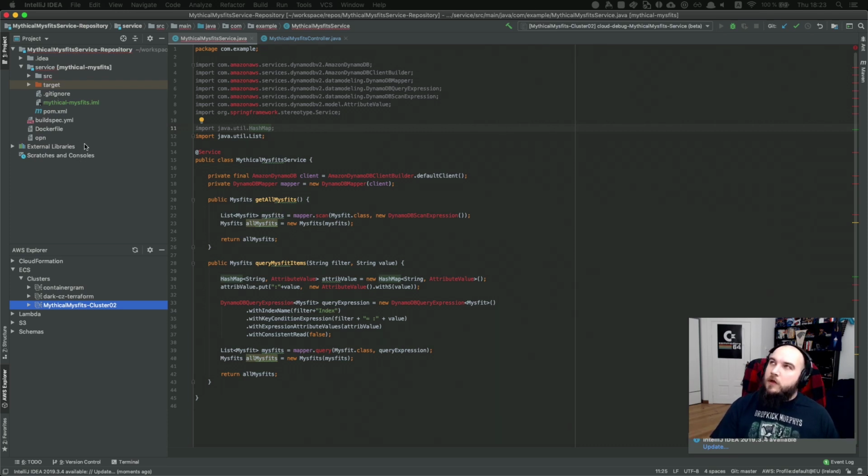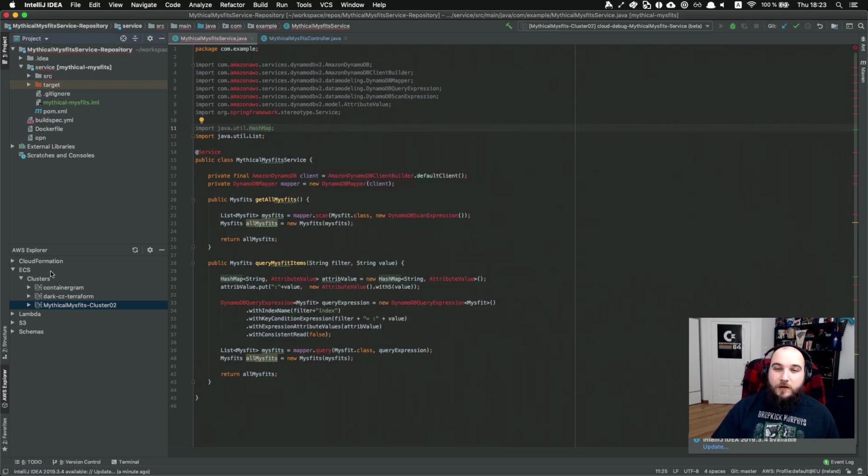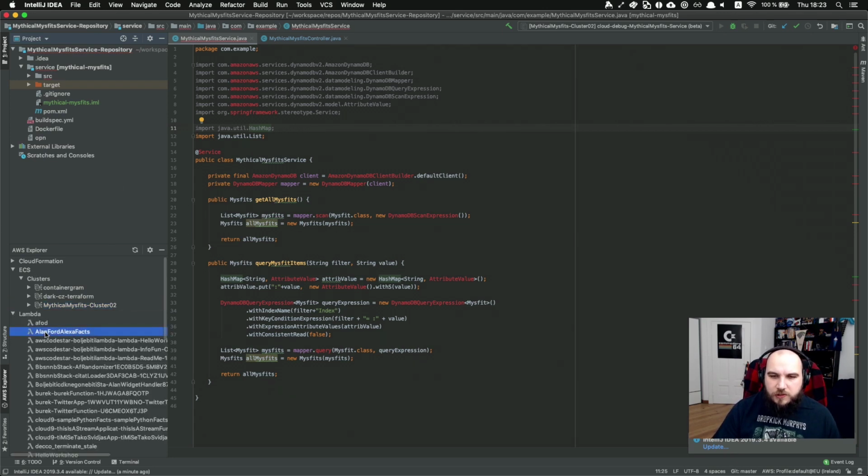IDEs from the same company. What's the name of the company? I always forget. JetBrains. Yes, it's from JetBrains. Anything from JetBrains, you have this ability to run AWS Explorer on it, right? So it's pretty cool. And in this case, I believe you